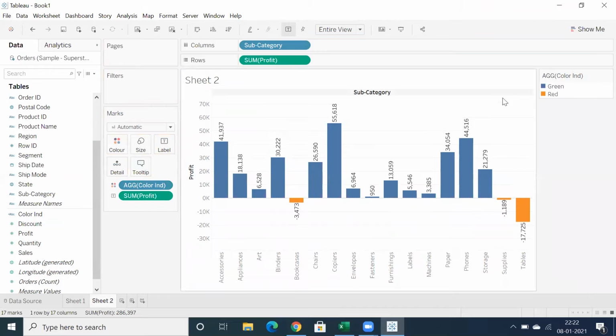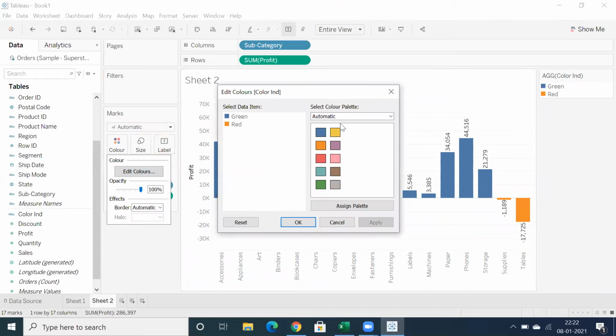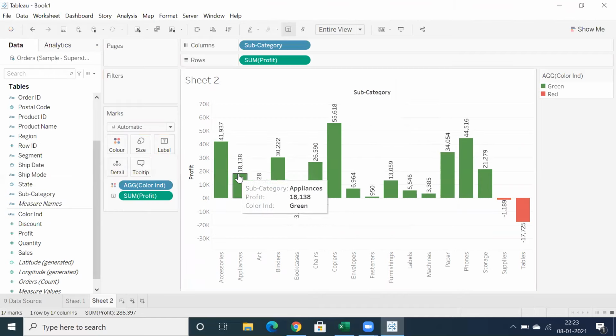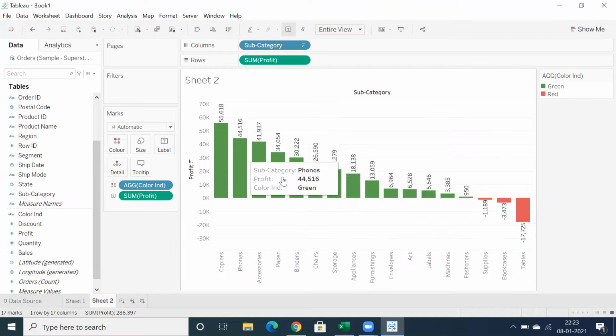By default, it will showcase the default color, which is assigned here. You can see it automatically assigned green and red with the first two colors. But if you want to change, this is one time when you assign the proper coloring, right? So this is only one time. So just click apply, and we are able to see profit greater than zero in green color, and else we are showing in red color. If you want to make use of sorting, you can sort the values so that you can differentiate the profit values greater than zero and less than zero with green and red.